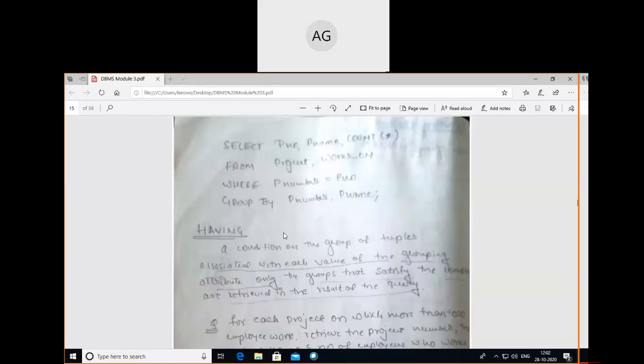For each project, retrieve the project number, project name, and number of the employees who work on that project. You can see in this example: select project number, project name, and count star. Why am I using count star? It will automatically fetch all the information of the project table as well as the works on table. From the project table as well as the works on table,